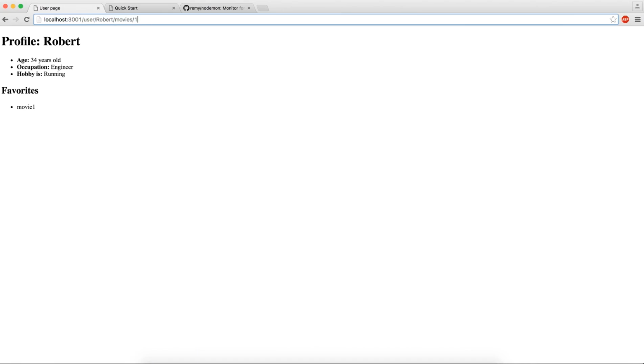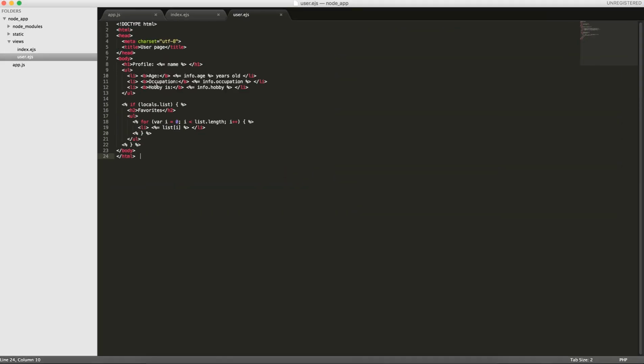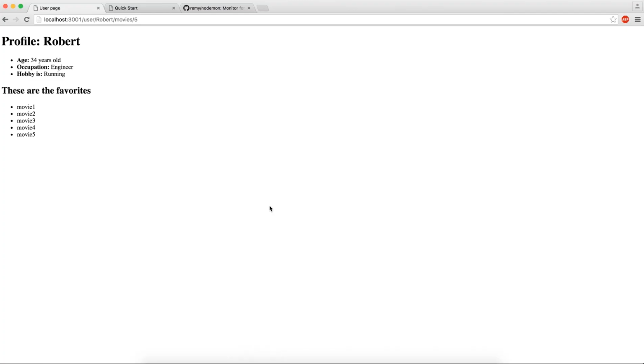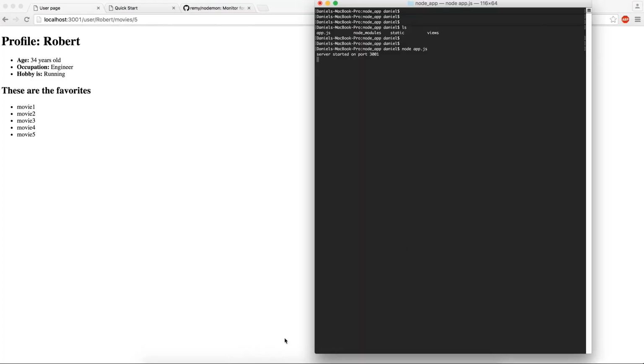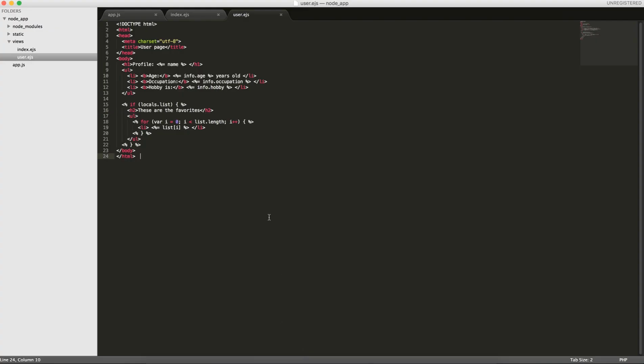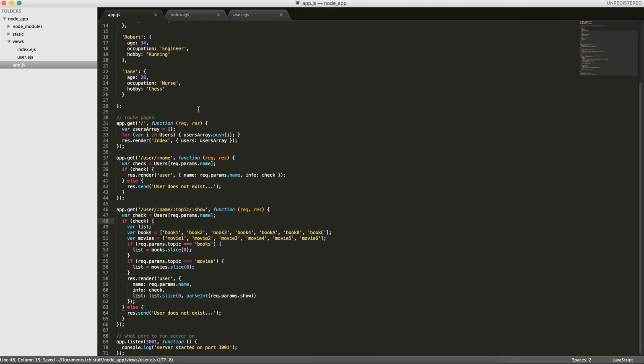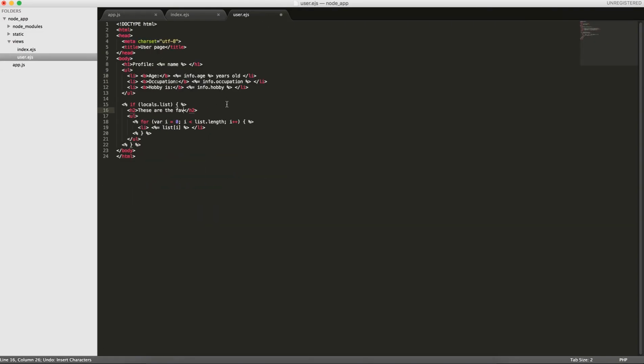So you can change movies 5, you get 5 movies. So now, for example, if I change this and I say, these are the favorites, and I reload, it'll work here. So you can change the templating files and it'll work, but if you change, so here let's take that back,